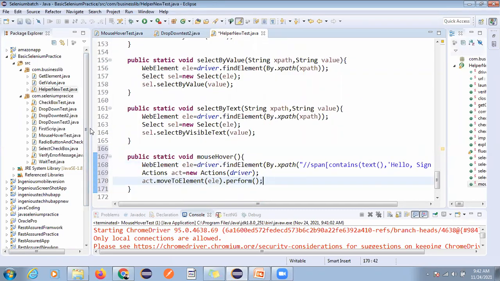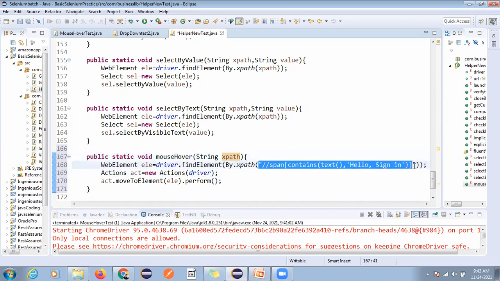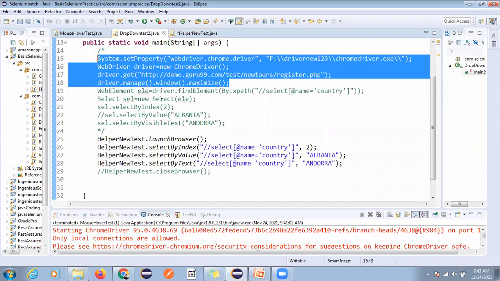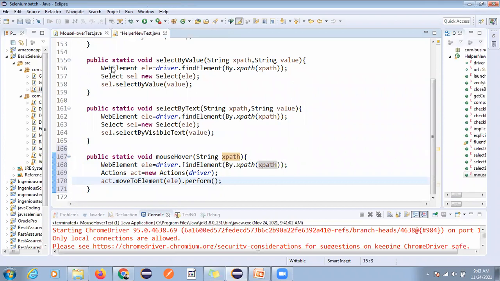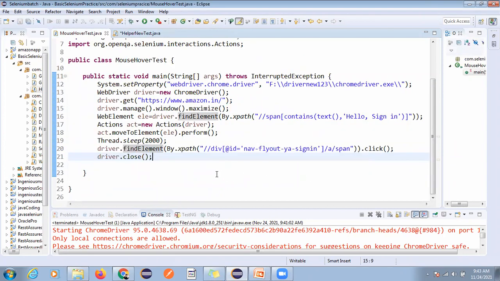Here I will pass only a String xpath, and here I will pass this. And that's it. Here, sorry, not this one, we can close this. And here, this one, click.